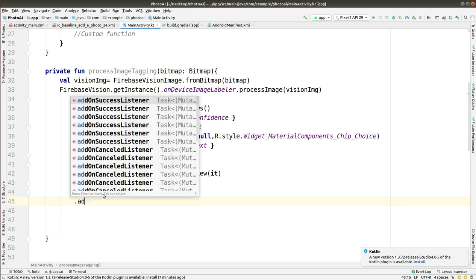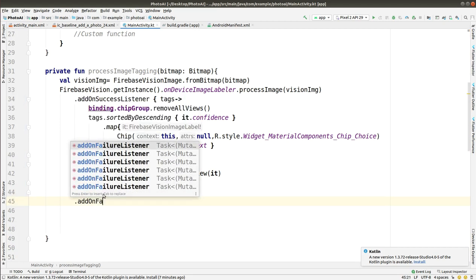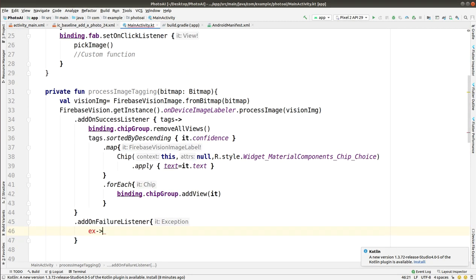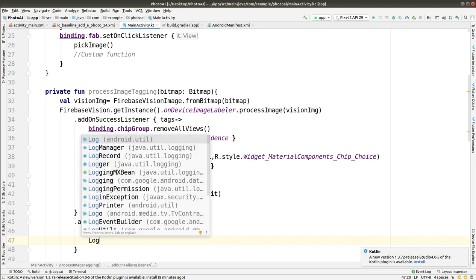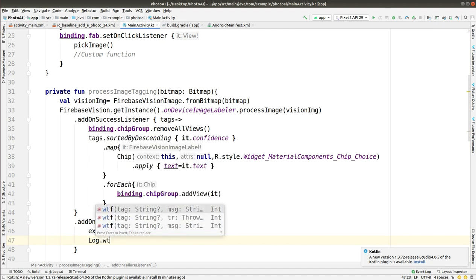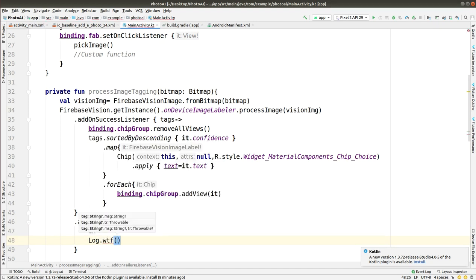After that we have to add an add on failure listener too, as we have used that add on success listener. If the results are not up to the mark or what you need, then we'll be using log to print something. Here I will be printing that. You can use WTF for that, and give the tag as log, not log, it's log j.